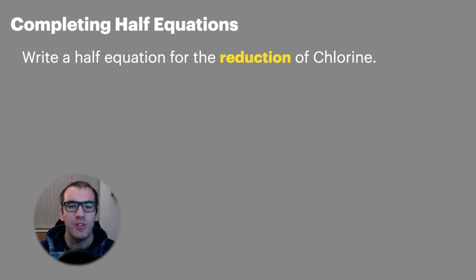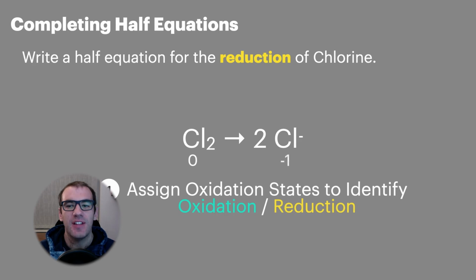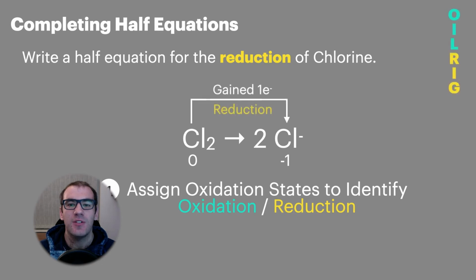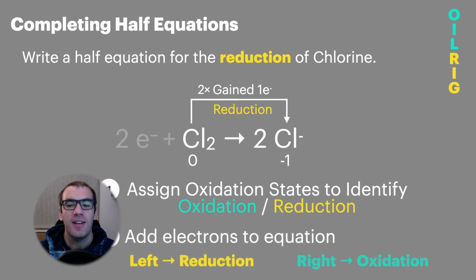In this example of reducing chlorine, Cl2 will form 2 Cl- ions. As before, we'll start by assigning the oxidation states, so 0 for the Cl2 and -1 for the chlorine ion. Even though there's 2 of them, we represent the oxidation state for a single ion or atom. We can see that the change then is from 0 to -1, and we've gained an electron, so this is a reduction process. Now it's important to remember there are 2 chlorine atoms, so we'll multiply out our electrons by 2 when adding them. And this time, we'll add those 2 electrons to the left-hand side,